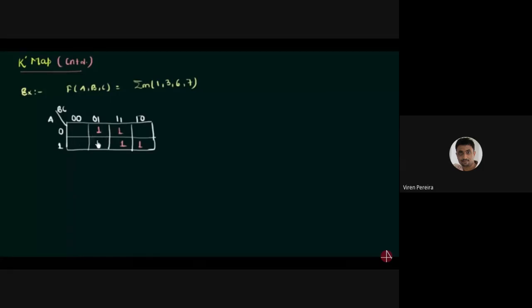the pairs of 1. I cannot make a group of 8 ones, but I can make pairs of 2 ones. So the first pair is this. This is the first pair. Then the second pair is this one. Now you can see all the 4 ones are already paired, so no need to pair them again. But if you do it, let's do it